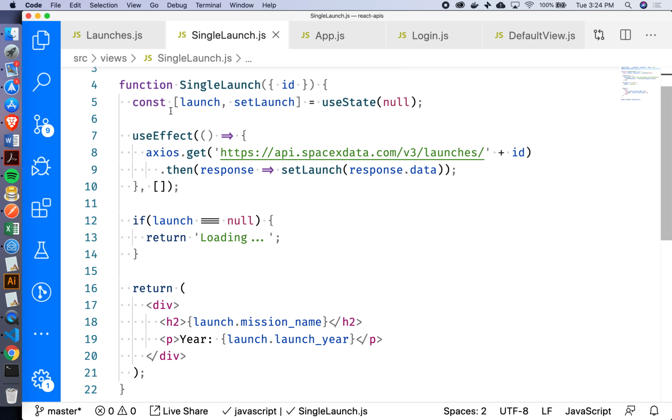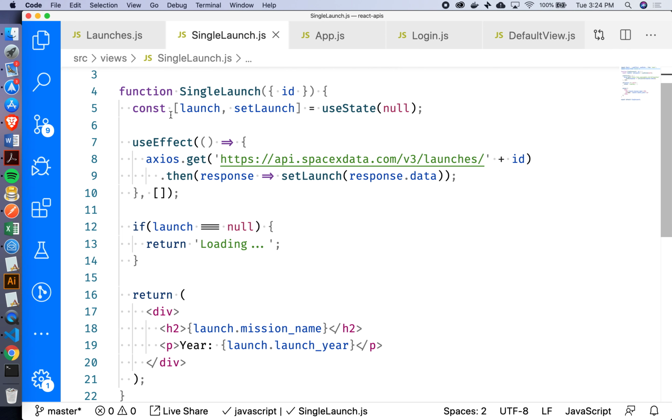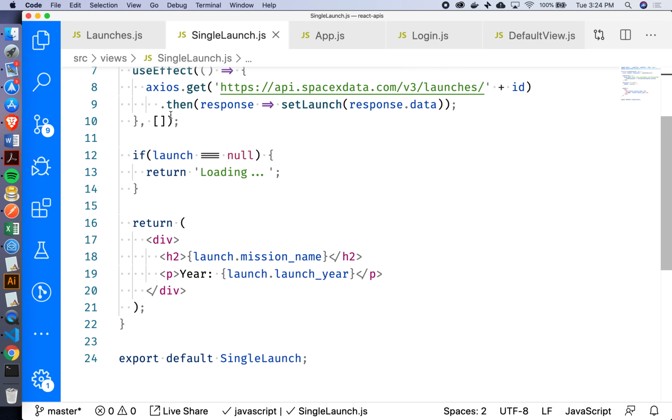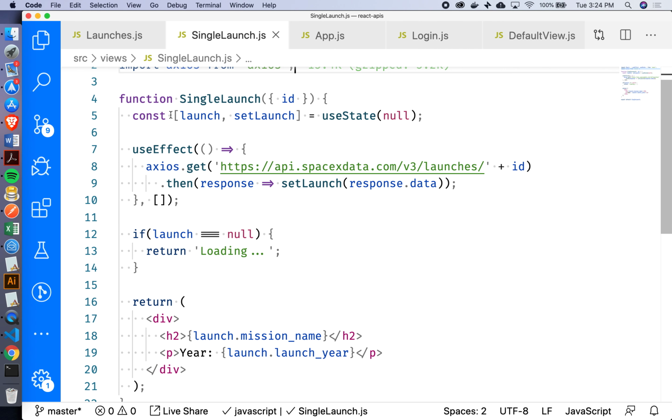Let's open up this function here. So I'll just do this part. We're declaring a function called SingleLaunch. Our SingleLaunch is going to take in a prop called ID, right? And then at the end, I'm simply exporting that out as my default export. Okay, cool. And then inside the function,